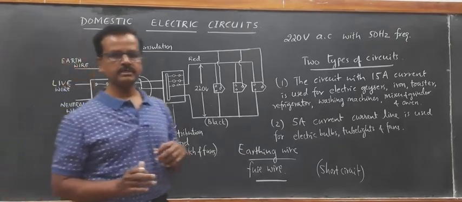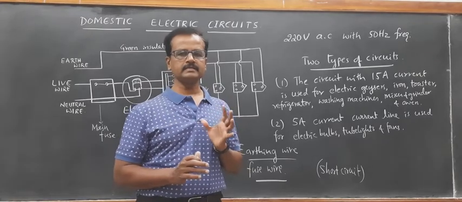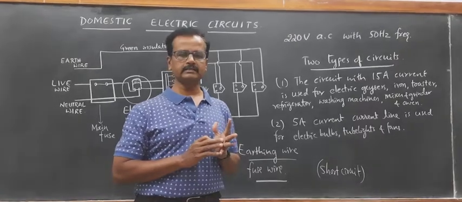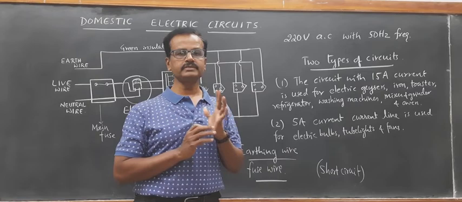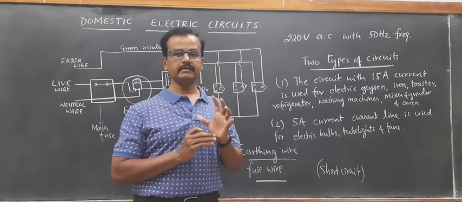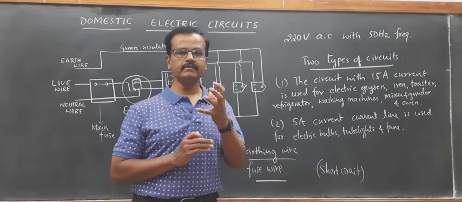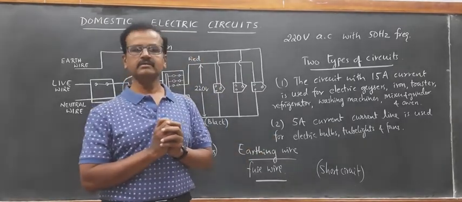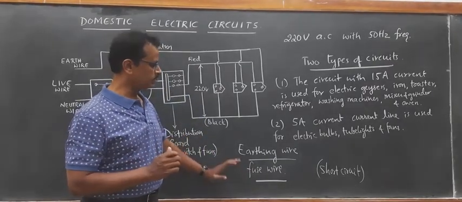The electric fuse consists of a special alloy such as lead, tin and zinc alloy, which will suddenly melt due to a high amount of current by the process of Joule's heating effect, I square RT. Suddenly, when the current increases, the heat will be so high that it will melt. It has a low melting point, and thus prevents all dangers. Okay. So these are the things that you should remember.